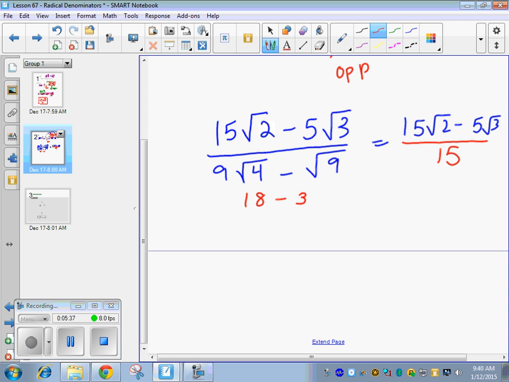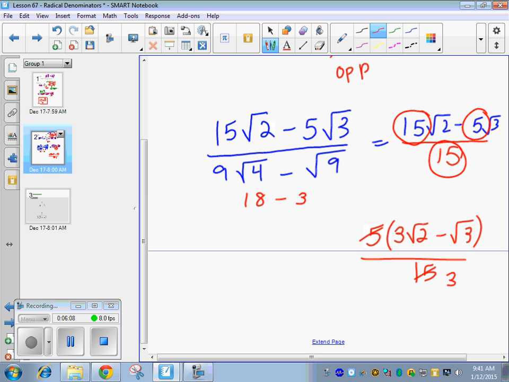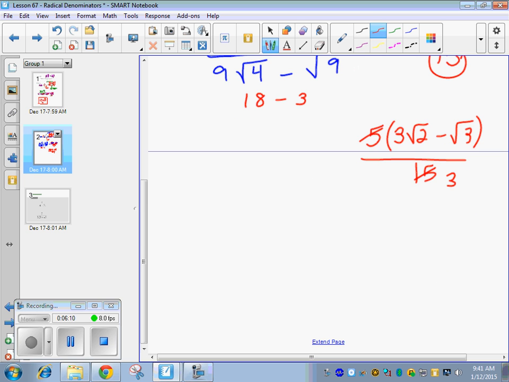Okay, does that look like something we can simplify further? Yes. What do you notice every number is divisible by? 5. So you can reduce it by factoring out a 5 from the numerator. If I factor out a 5, that would leave me with 3 root 2 minus root 3, and then reduce those outside numbers to 1/3. Or I could just, in my head, divide this by 5, divide this by 5, divide this by 5. And 3 reduced, 3 root 2 minus root 3 over